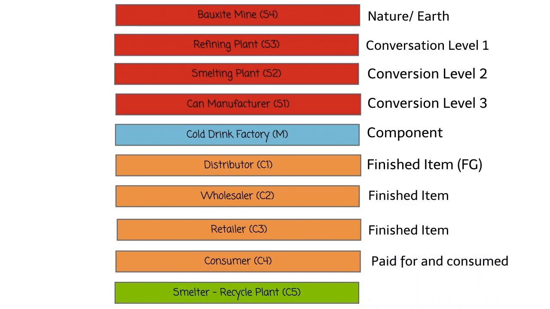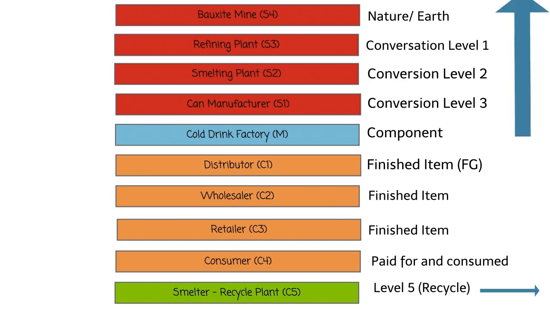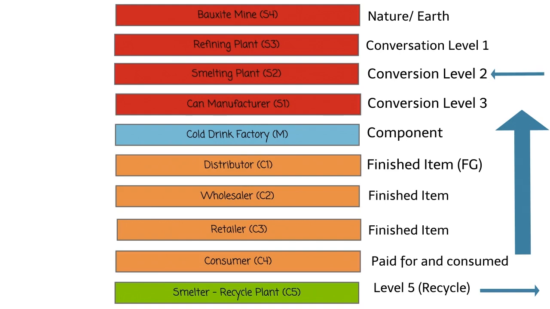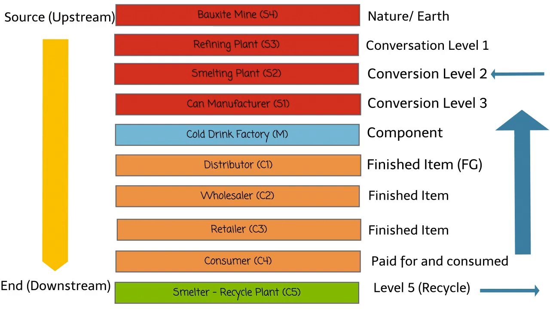Unlike iron, aluminium is corrosion resistant, so it can be remelted and reused. Thus, the empty cans can be recycled to the smelting plant. Next to the boxes there is a long orange arrow that refers to the source, which is upstream, and the end, which is downstream. These are important references in supply chain structure and will be handled in more detail later